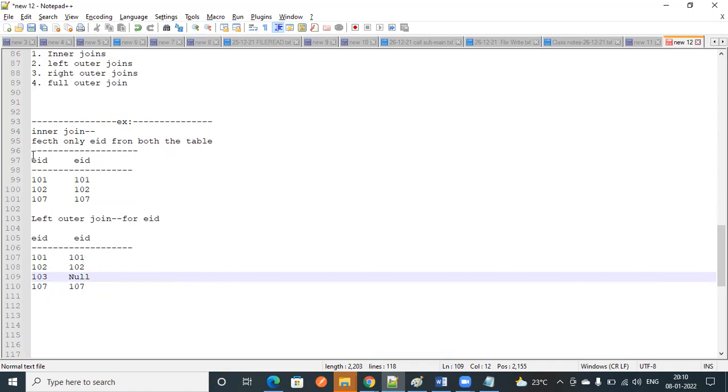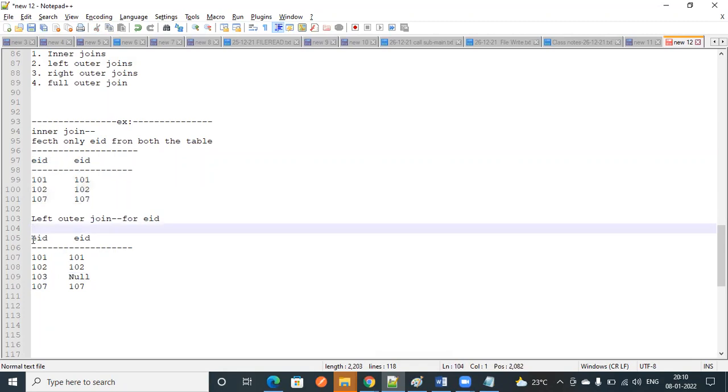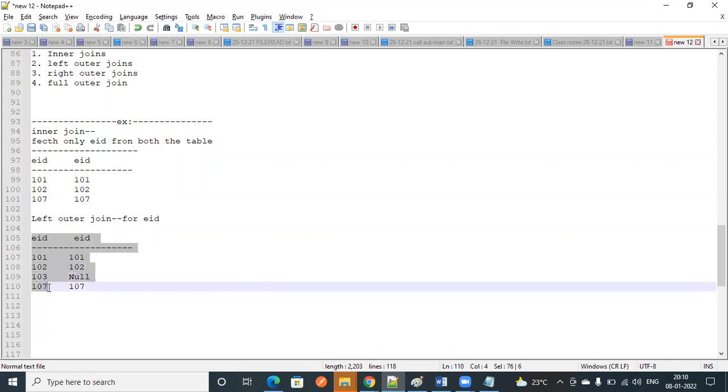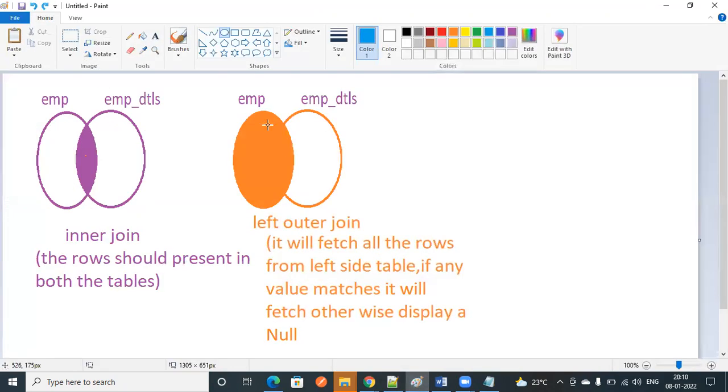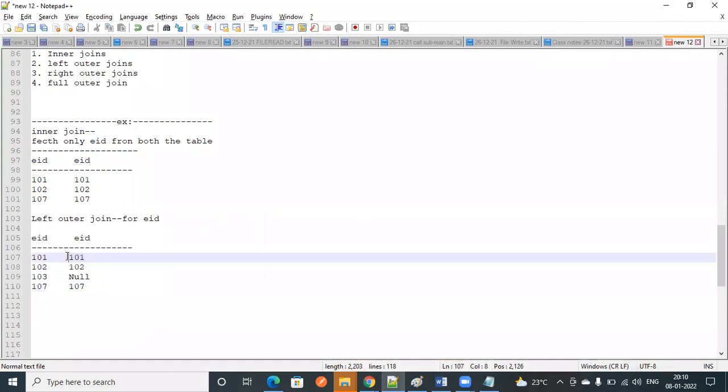If it is inner join, it will fetch only matched rows from both the tables. If it is a left outer join, first it will display all the values from the left side table like this diagram. If anything is matching, then it will take it from the right side.